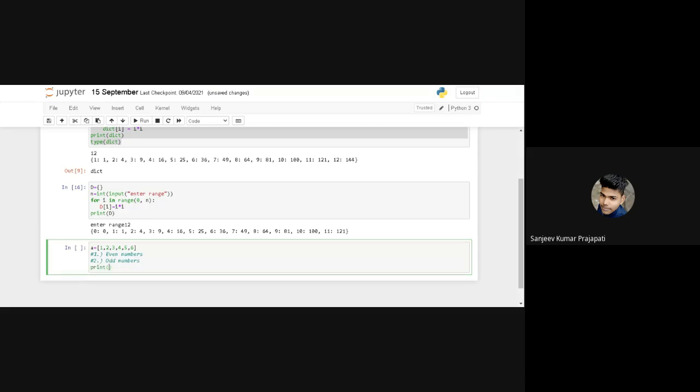And print these two series, even and odd. Is my question clear? Yes, guys. Next question is clear, guys, or not?